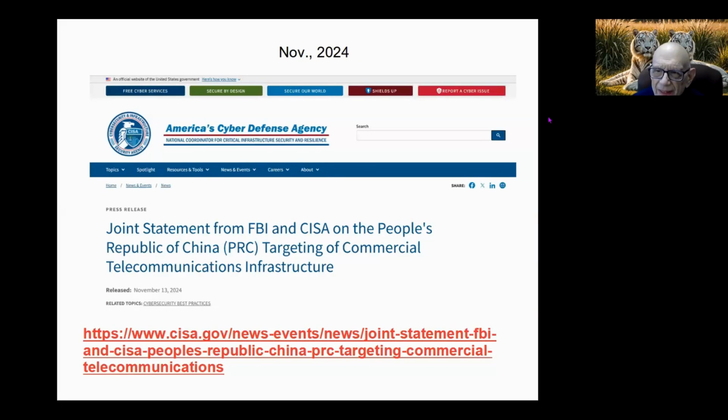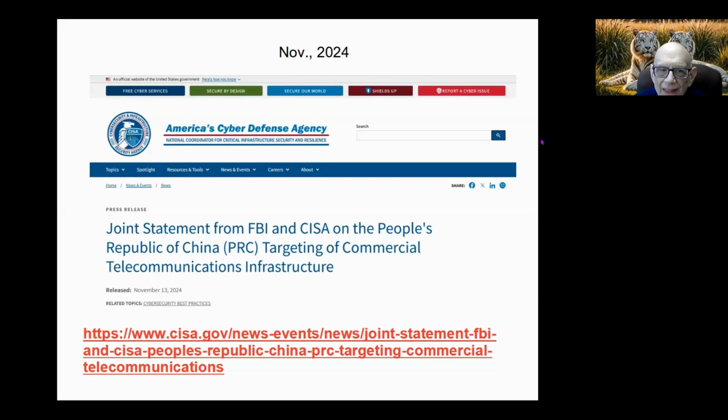What's happened between our last visit talking about this and currently is we had a tremendous breach by some Chinese hackers, and a joint statement came out from the Cybersecurity and Infrastructure Security Agency, known as CISA, which you may or may not be familiar with.